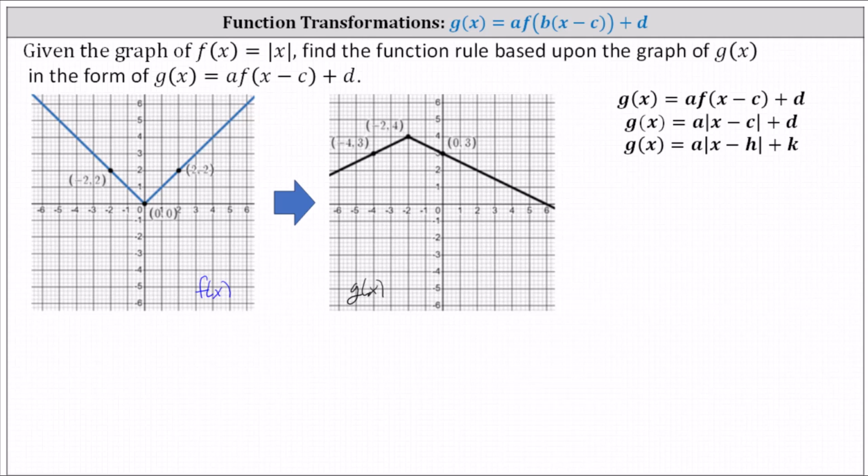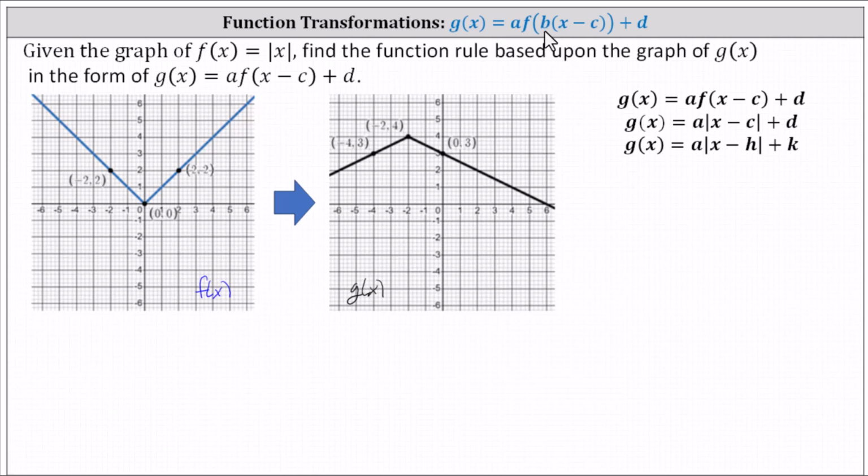Given the graph of f of x equals the absolute value of x, shown here on the left, find the function rule based upon the graph of g of x in the form of g of x equals a times f of the quantity x minus c plus d. Looking at this form, based upon the form of a transformation of f of x shown above, notice b equals